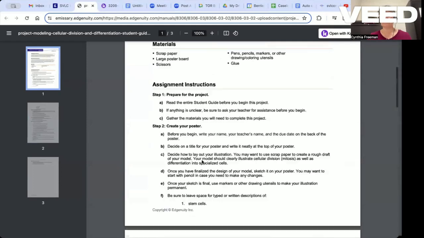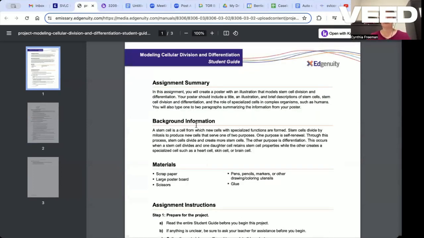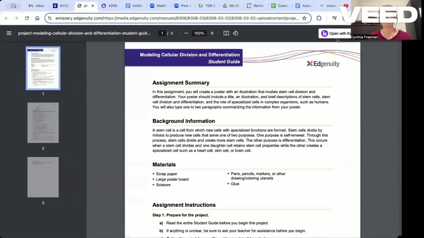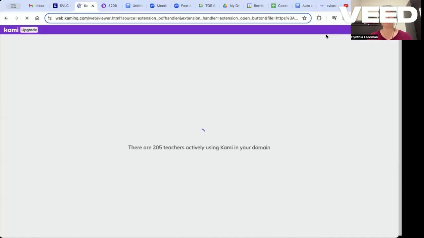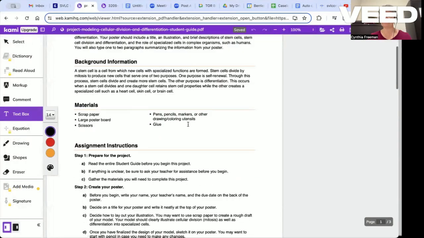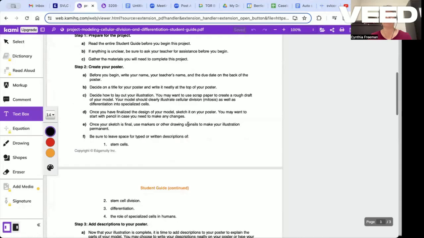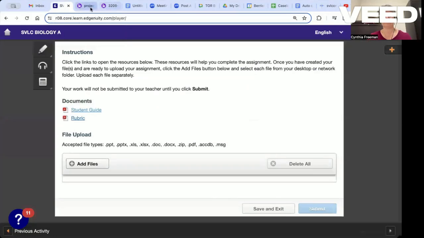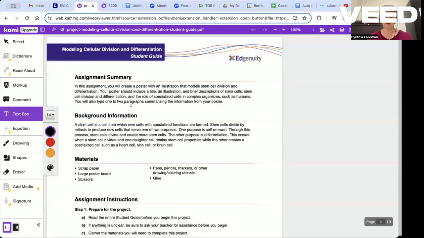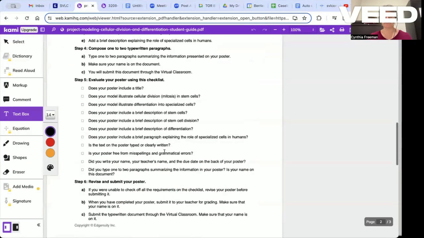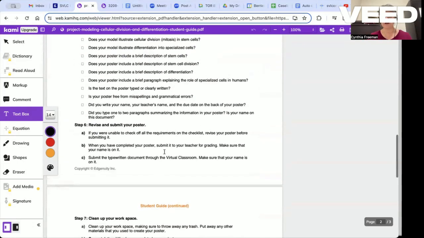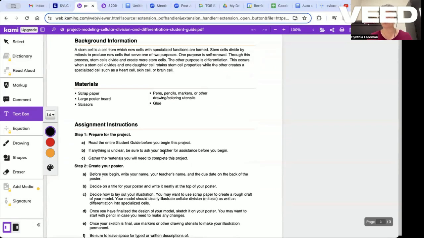Some of the student guides are going to have a space for questions right on there that you can answer. For those, you can also open with Kami. And then this is your own copy that you can write on, right? And this copy is what you would submit to Edgenuity. Other projects are going to just give you directions. There's no question and answer space on them. So for those projects, like this one that just has directions,